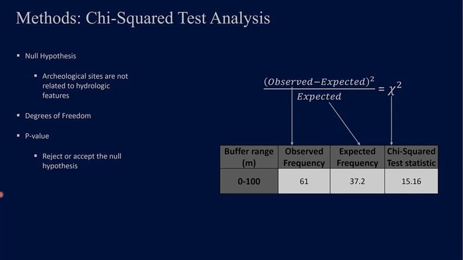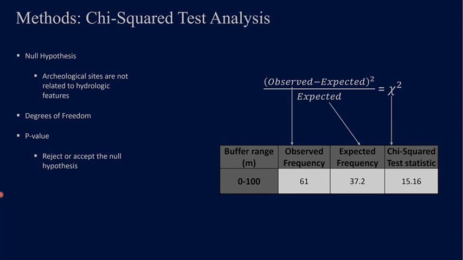To calculate the chi-squared statistics, a formula is used. The observed frequency is identified using the summarized incident tool as previously discussed, and these are the numbers of the actual sites that are located within each buffer range. The expected frequency is a calculated value based on the entirety of the data set. So for example, for the archaeological data set, there would be an overall number of sites. This would be taken and then times by the area that the buffer range represents within the study area. These values are then utilized to populate the formula of observed minus expected squared over expected, which then outputs the